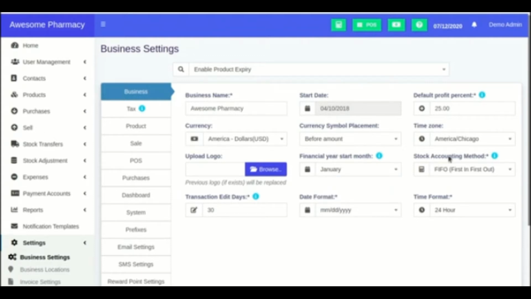For the stock accounting method, we have FIFO and LIFO. FIFO is first in first out. So when you are adding inventories into the system, the first inventory which you added will first get sold to the customer. If you are selecting FIFO, then it will happen in that way. But in LIFO, the newly added stock will be sold first from the POS system. Generally for medical shops it is FIFO, first in first out, because